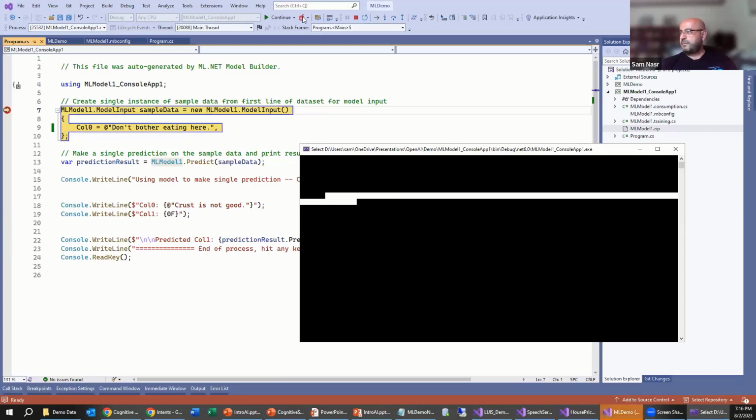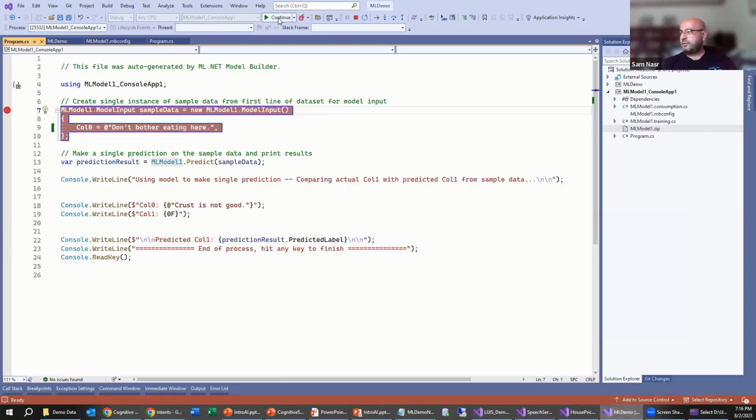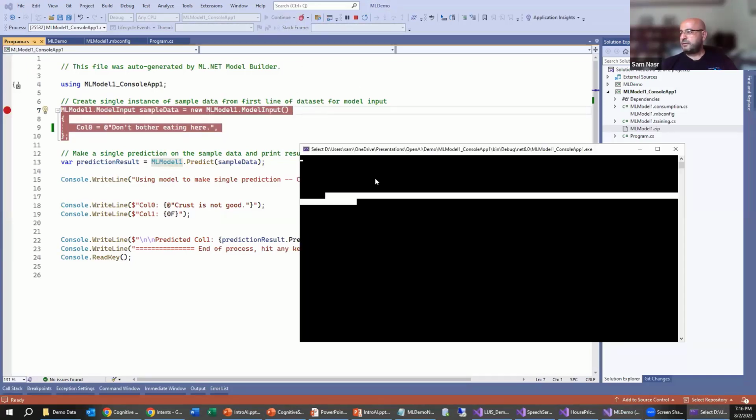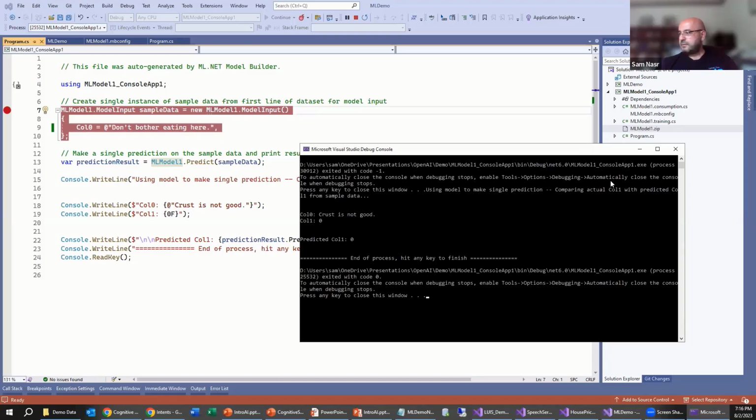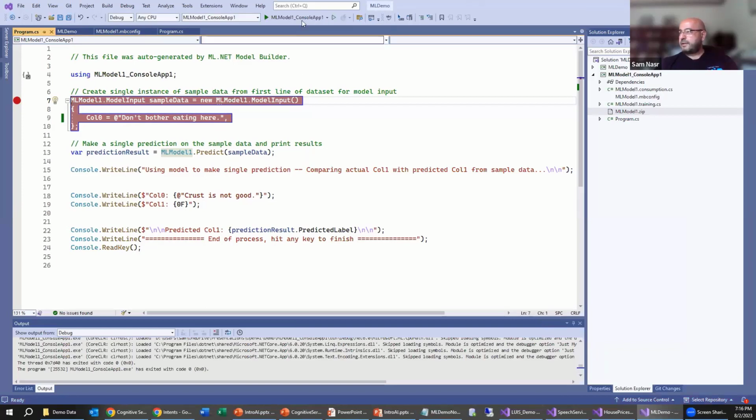So now it's spinning up another window. We'll go ahead and hit continue and run to completion. Let's try that again.